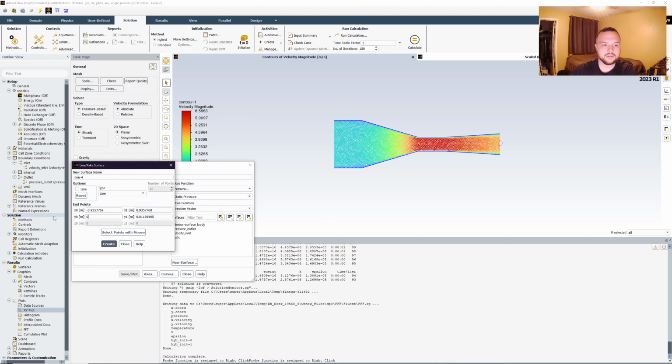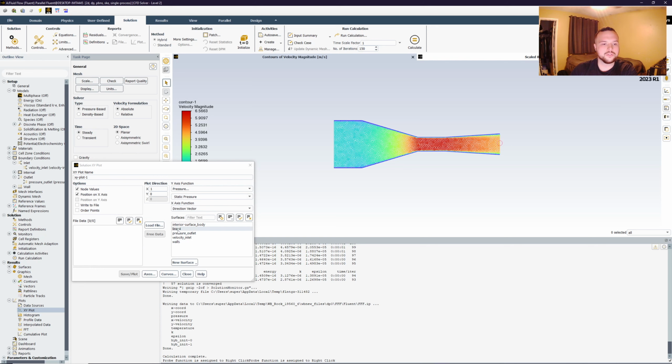So now you see it auto-populated everything here. We want to make that 0. We want to make this 0, that way we're at least on the center. And this should show now. You're going to create it, you're going to close. So now we're going to click line,